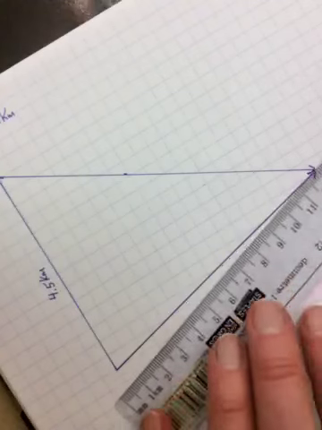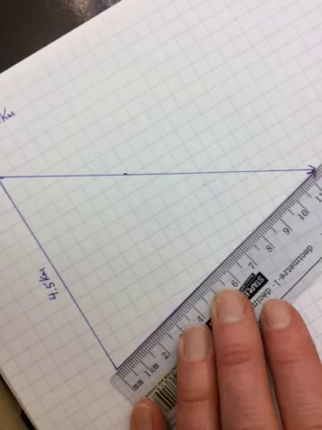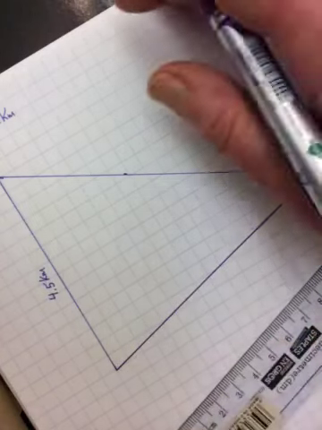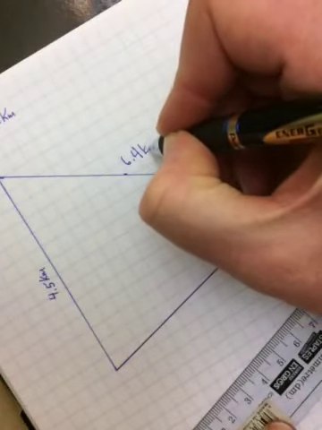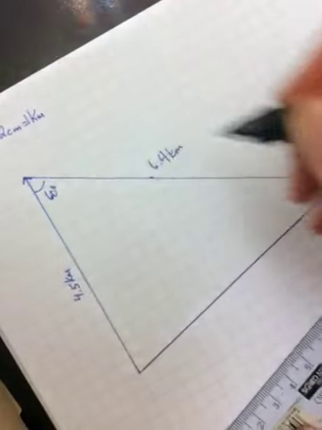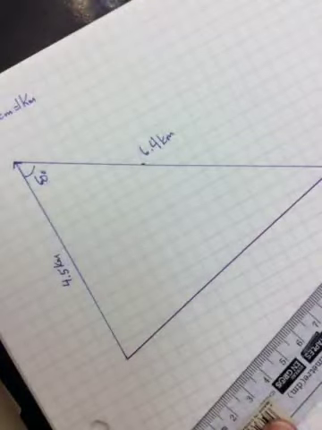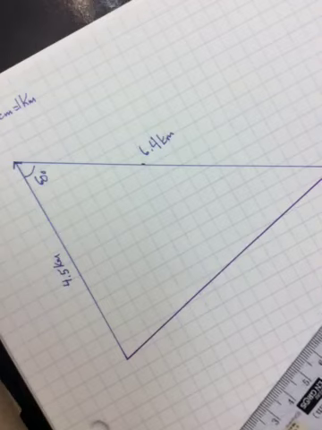Okay, and now if I measure it, I get 11.5. Oops, forgot to label this one. This was 6.4 kilometers, and this was 60 degrees. So I get 11.5 centimeters. So going backwards, you would divide that by 2 and find out that it's